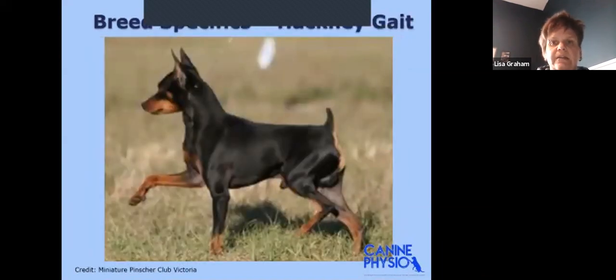And our Hackney gait, to the best of my knowledge, and I could be wrong, the miniature pinscher, which is what this chap is, is the only breed to produce a Hackney gait. And that Hackney gait is defined with that high stepping, lots of flexion through the hip and knee and through the elbow and shoulder to bring that really high stepping gait in. So again, if I've got a miniature pinscher in front of me that isn't moving like that, I've now got to make a decision. Is he